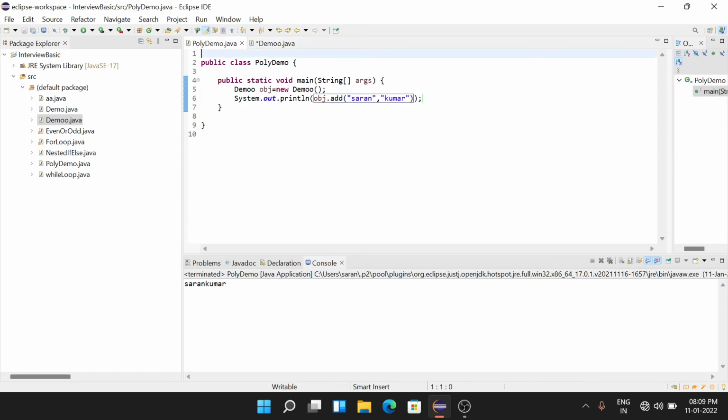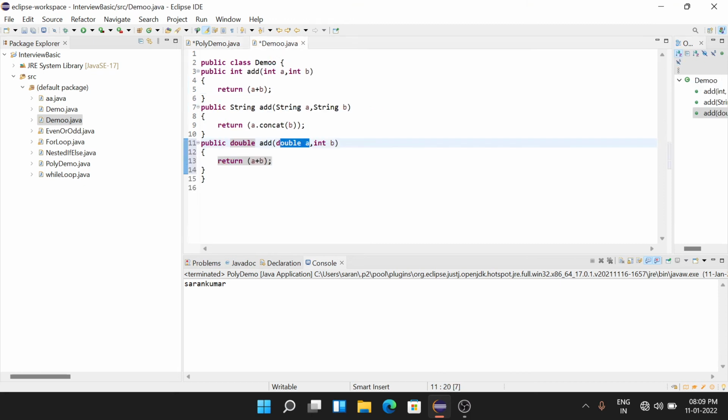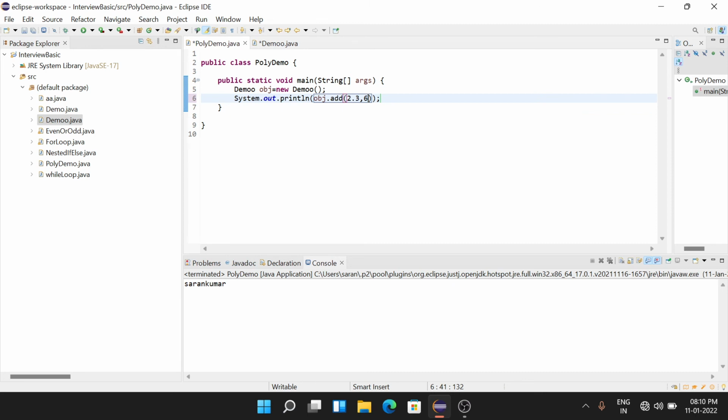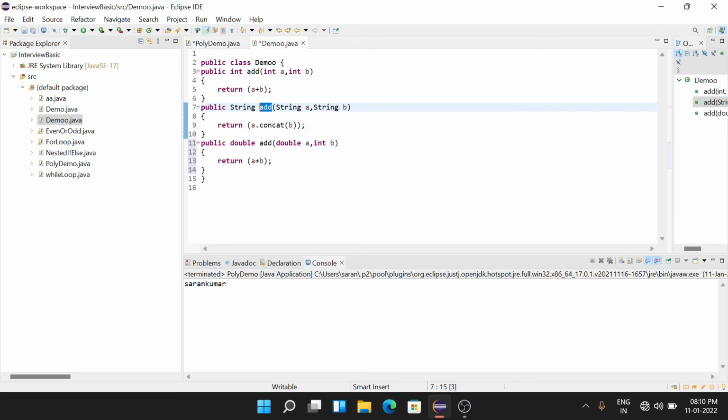So let's try this. I'm giving 2.3 comma 6. When we call add, it checks for the add method. There are three methods with the name add, so it checks the parameters. Here the first parameter is double and the second is integer. It checks the integer version, not compatible.